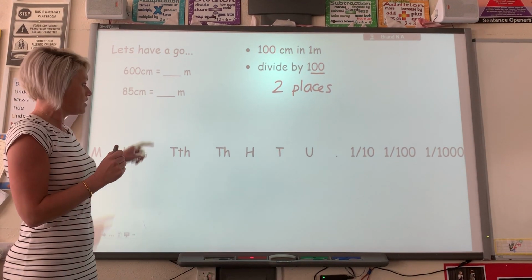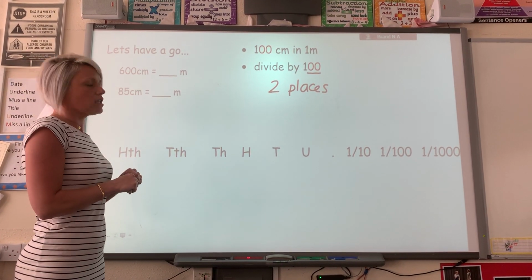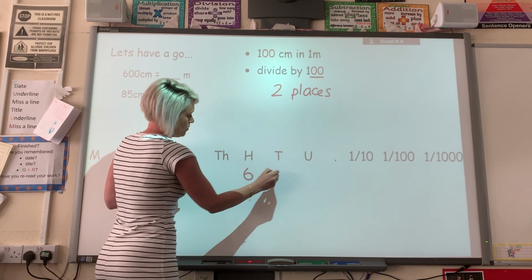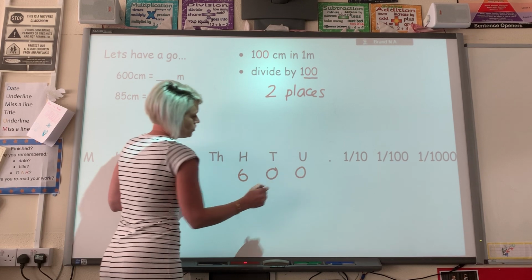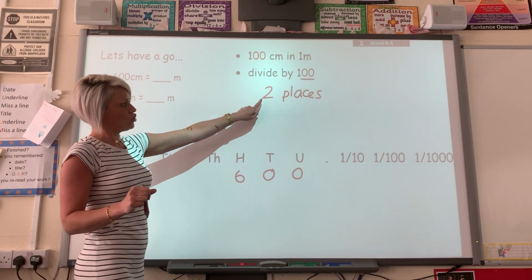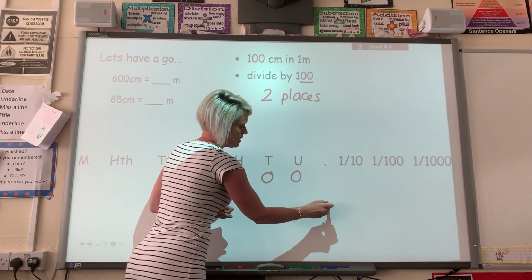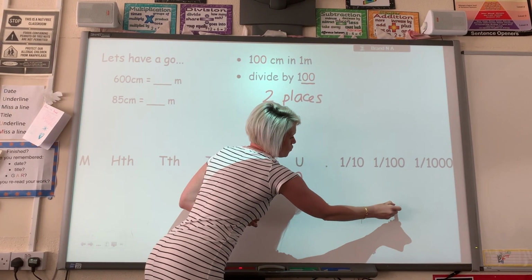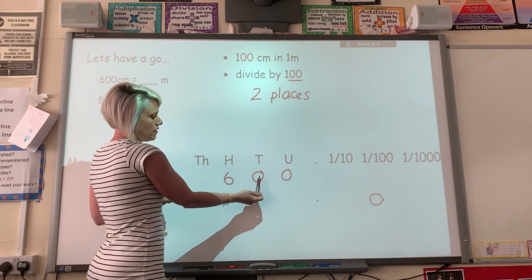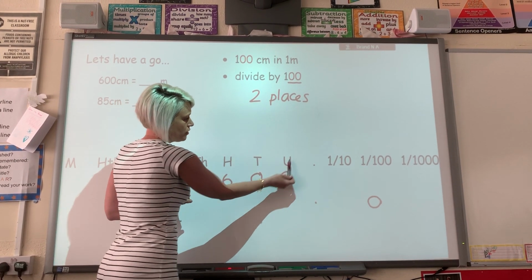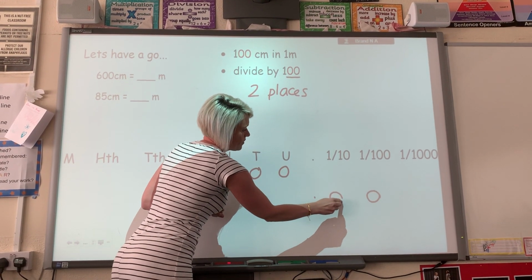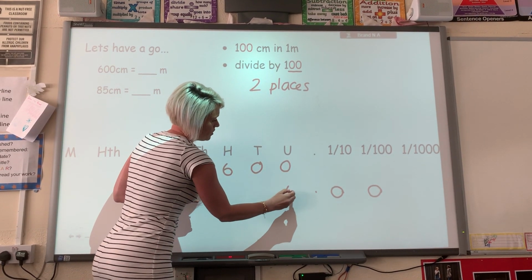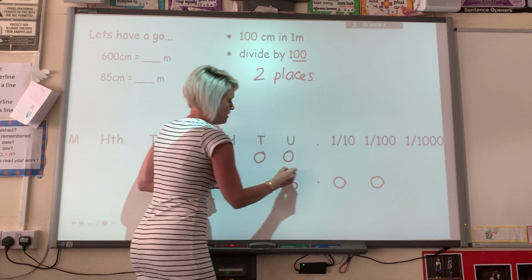So the first question asks us, 600 centimetres is equal to how many metres? So, write my 600, everything's jumping 2 places. So my decimal point stays where it is. The first 0 jumps into the hundreds column. This 0 here, 1, 2 jumps into the tenths column. And the 6, 1, 2 goes into the units. So this is my new number here,